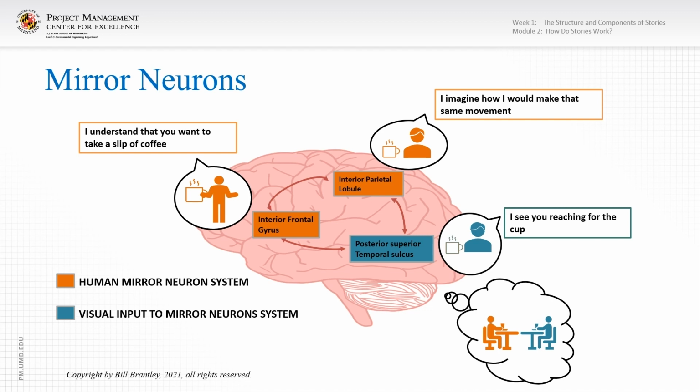And this was interesting, how mirror neurons were discovered, because they were doing some brain studies on some chimpanzees, I believe. And a researcher came into the room and he was eating an ice cream cone. And they still had the chimpanzees wired up to the brain scans. And the part of the brain in the chimpanzee that deals with food started lighting up, and it was as if the chimpanzee was eating the ice cream cone. But what they were doing is they were watching someone else eat an ice cream cone, and they were imagining themselves eating that. And that's how mirror neurons were discovered.